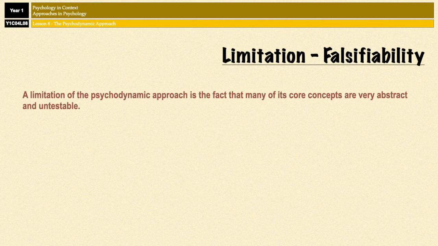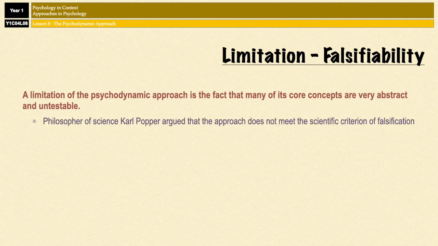And then as a final limitation, we have the issue of falsifiability. Now, one problem of the psychodynamic approach is that many of its core concepts are simply very, very abstract and they're not testable. So this brings us to the work of Karl Popper, who argued that the approach doesn't meet the scientific criteria of falsification. Now, this means that it's not open to empirical testing and it's not possible to be proved wrong. And that's a really big thing because all scientific theories and disciplines have to be open to the possibility of being disproved. They have to be able to be